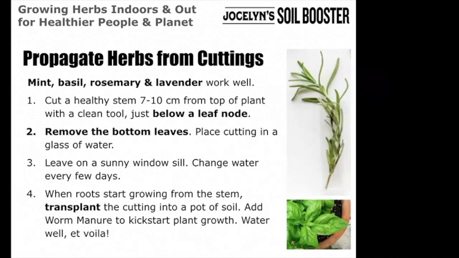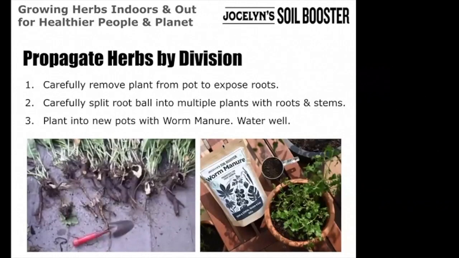You're more concerned about ensuring it doesn't totally take over, versus these other herbs where you may want to look at propagating them from cuttings, and then of course transplanting them into soil. We always suggest adding a bit of worm manure, because we know that not only in terms of microbes, but in fact natural plant hormones and also stress reduction are all going to be improved when you're able to use a biological fertilizer.